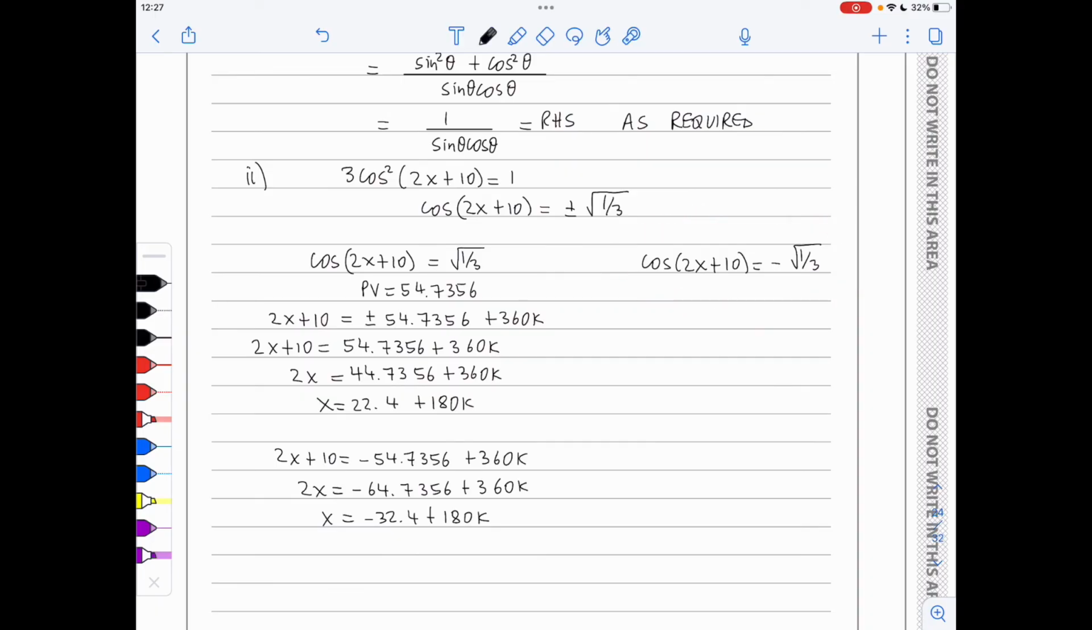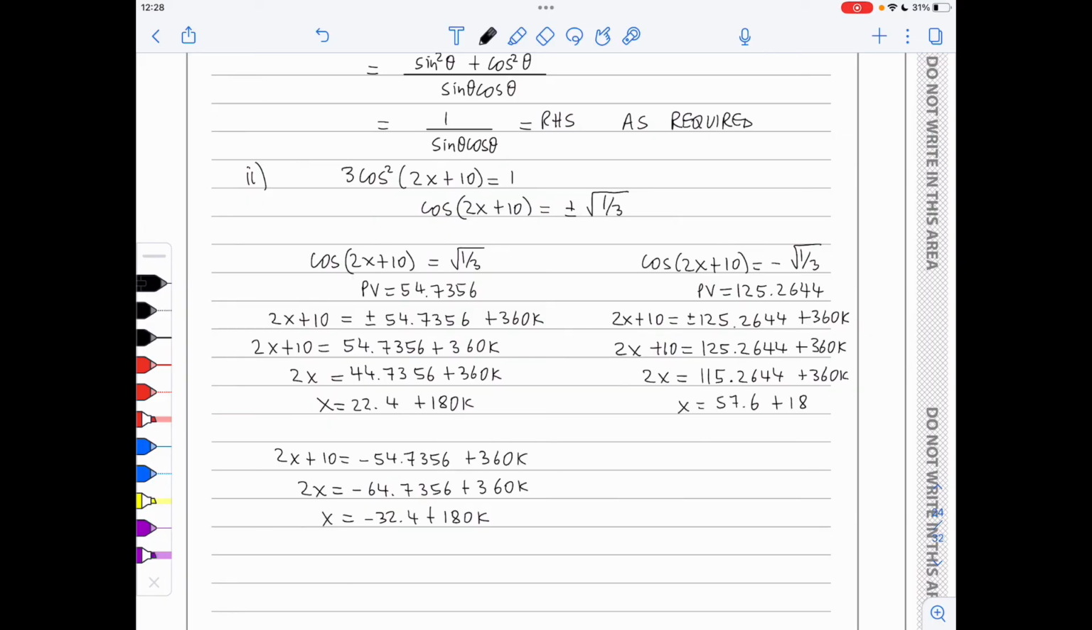And similarly, I can turn to this equation here. I get a principal value of 125.2644 and proceed in a similar manner. 2x plus 10 is plus minus 125.2644 plus 360k. So one for the plus. 2x plus 10 is 125.2644 plus 360k, which means that 2x is 115.2644 plus 360k, and therefore x is